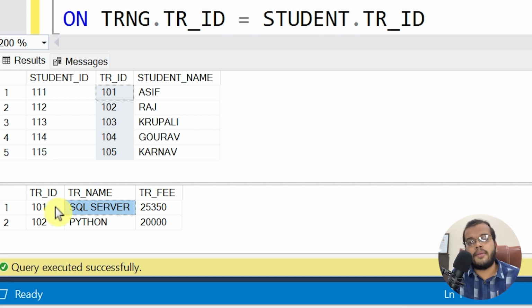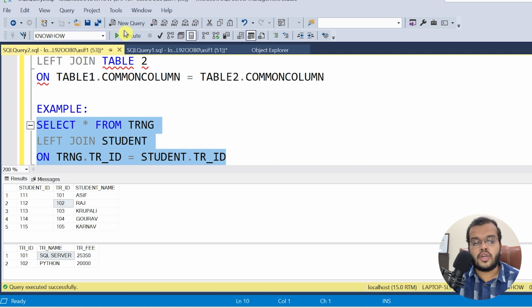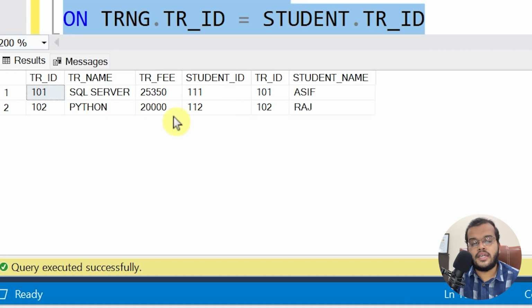Or what are the information that are matching in the student table? The training ID column with 101 and 102. These two training IDs are matching, right? So you will get these two and these two here, and rest everything you will get null. Alright. So if I execute it, as you can see here, we have got training ID 101, 102, training ID,